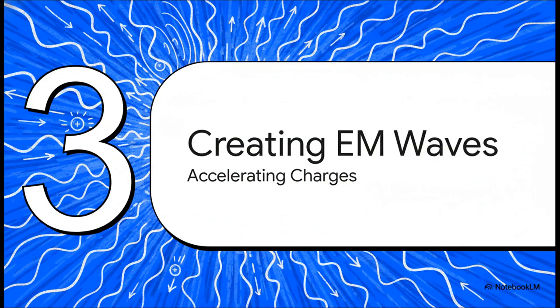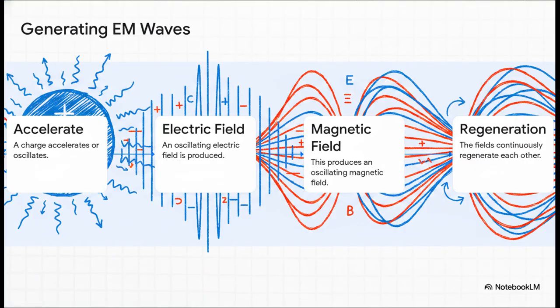Section 3. Creating electromagnetic waves. So how are these fields actually generated in the real world? Well, stationary charges only produce static electric fields, and charges moving at a steady pace just produce steady magnetic fields. Neither of those create waves. But an accelerating charge, that is the trigger. It's kind of like a cosmic dance. An oscillating charge kicks off a self-sustaining ripple of regenerating fields. The oscillating electric field produces an oscillating magnetic field, which in turn acts as the source for the next electric field,